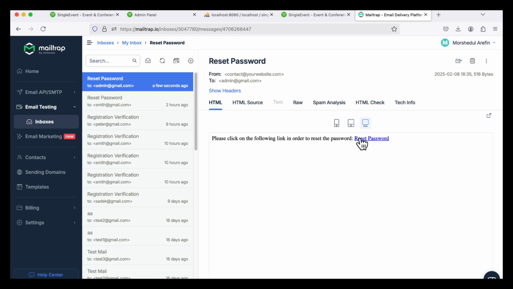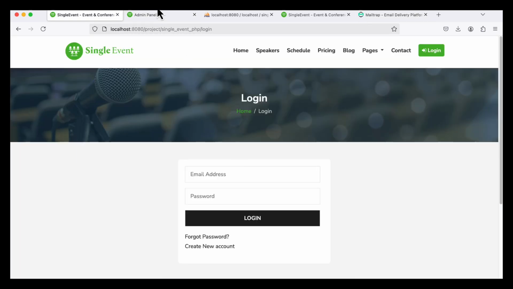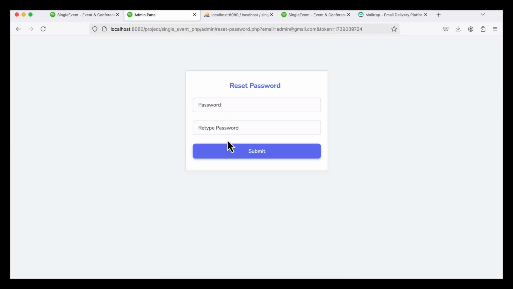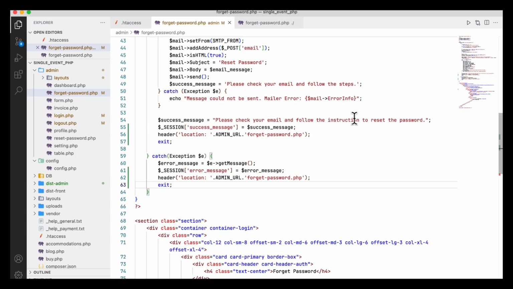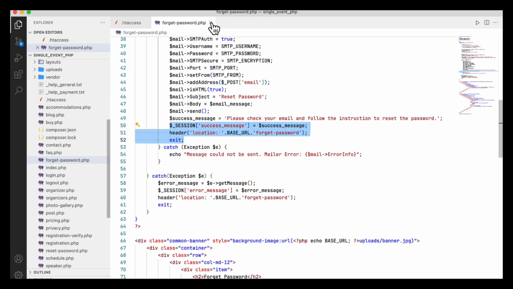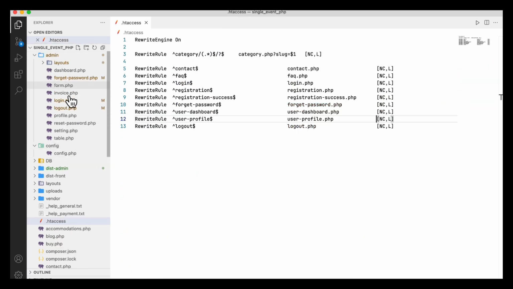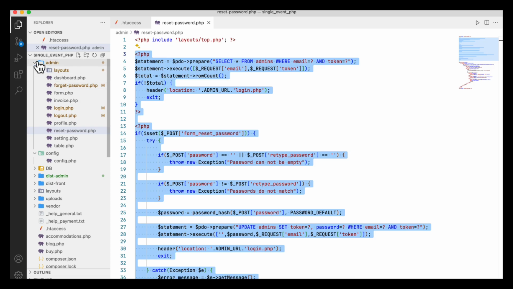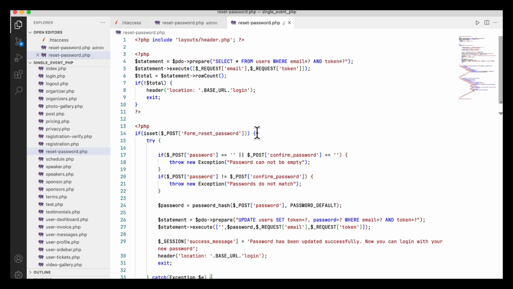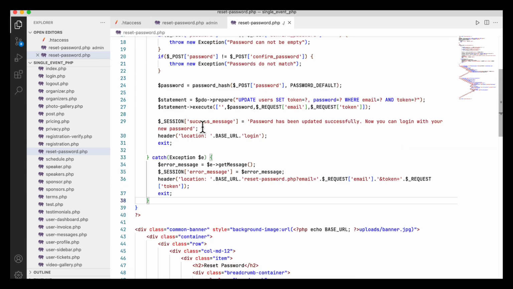So copy the link, and if you want to reset the password, here you see the reset password form comes. And here I should give a BR. Okay, so this is good. Now I am going to close, and now the reset password is here for the admin, and here the reset password is this. So in the reset password I will have to call like this. So copy,